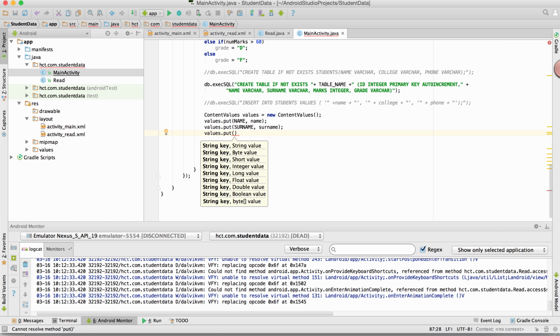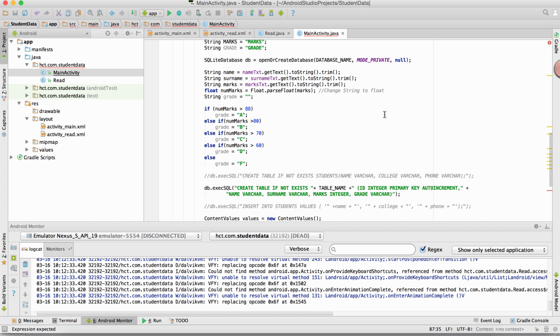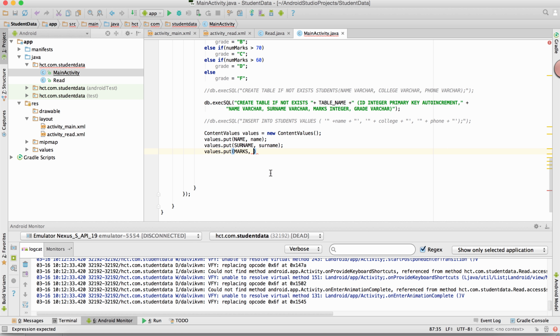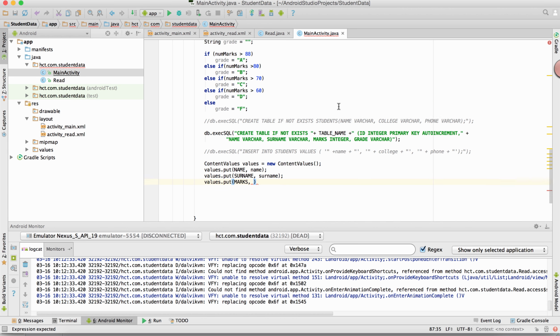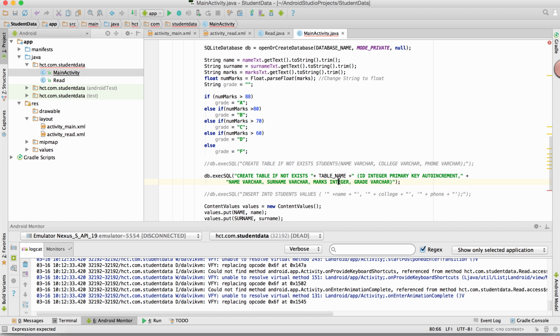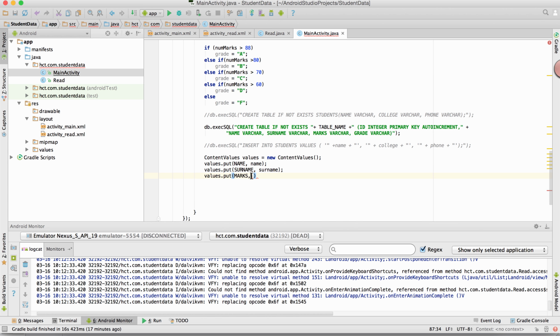This is gonna be marks, capital, because this is the field name we are typing. Name, surname, marks is integer, so we're gonna get float. Okay, I don't want to go there, so let's change this to varchar, and we record marks,